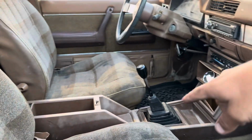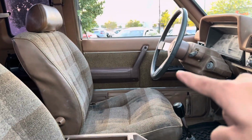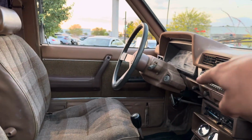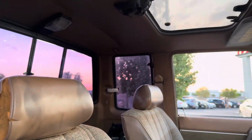But I do plan on building this truck. The seats don't have any rips at all besides that, but that's like nothing. They're just dirty. It has power windows. It does have a sunroof. Does have tilt steering, does have power steering, does have power locks, it does have AC. So yeah, it's got all the goodies. It is a Kingcab,